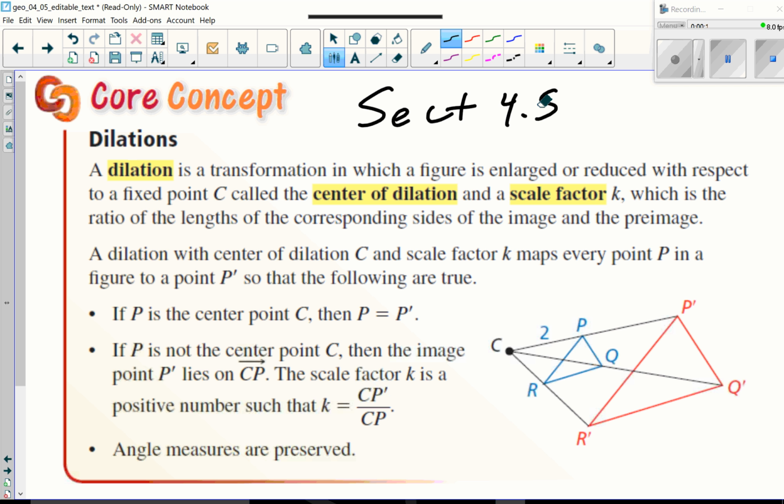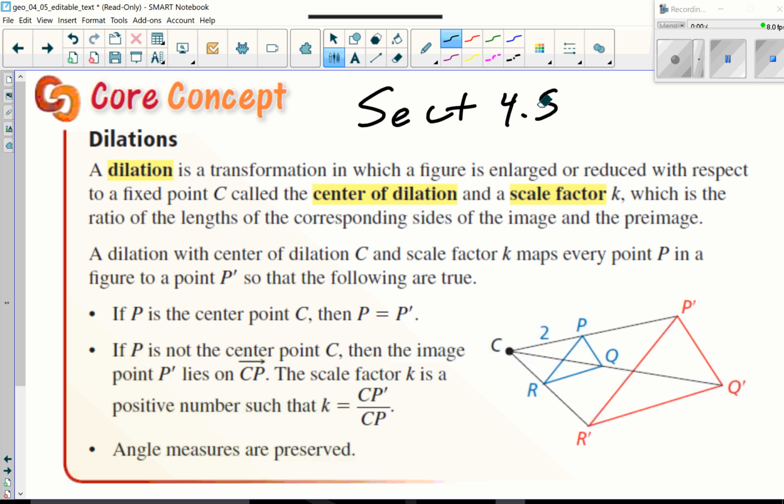A dilation is a transformation in which a figure is enlarged or reduced with respect to a fixed point C, and that point is going to be the center of dilation. Usually that's always going to take place at the origin if it's on a coordinate plane. If it's not on the coordinate plane, just out in space, we have a random or fixed point C. Things are going to get larger, that a triangle, a rectangle, whatever polygon you have, it's going to get larger or smaller